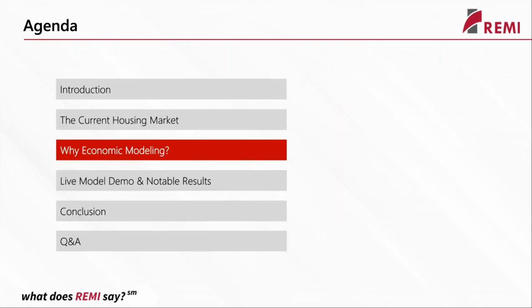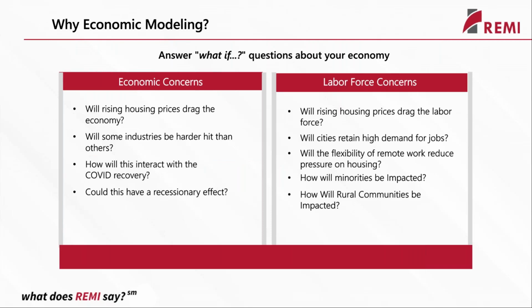All right. Now, what does this mean for economic modeling? Why would we want to model what's going on in the past year out into the future? Well, what's interesting about this past year in the housing market is this really steep increase in the price of housing has correlated with an economic recession, something that is not typical, certainly not typical of the 2008 recession. And so this is a new scenario that I think may warrant a closer look.